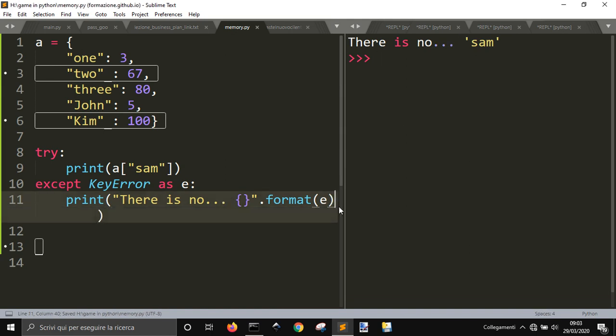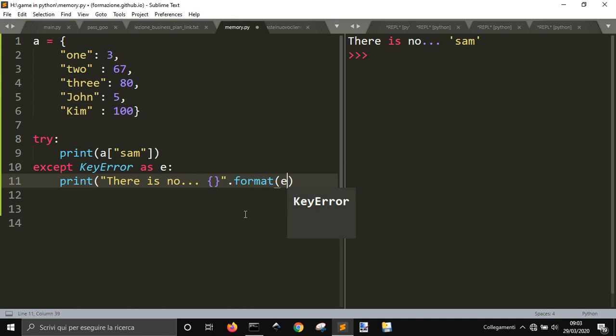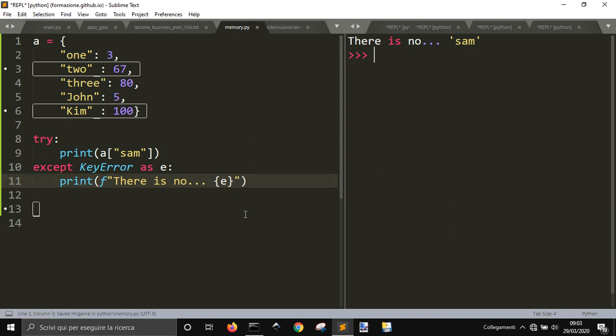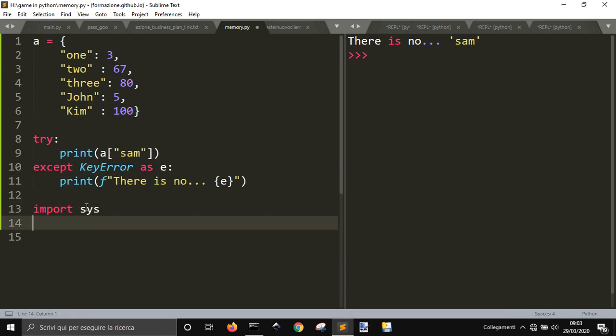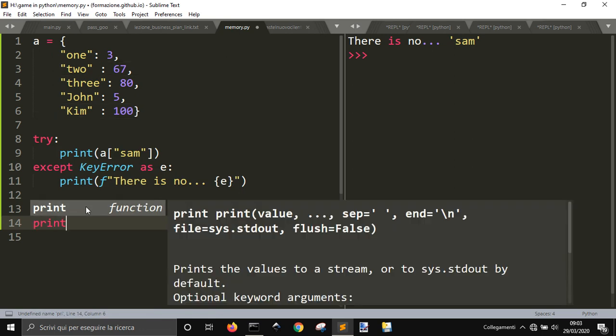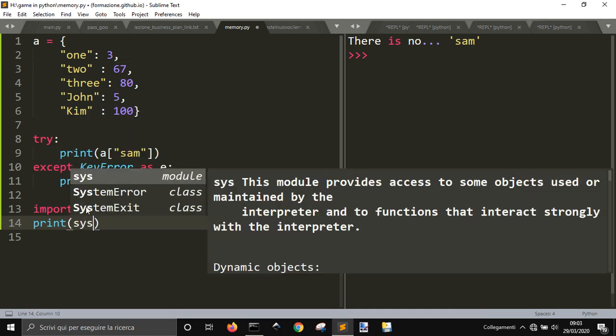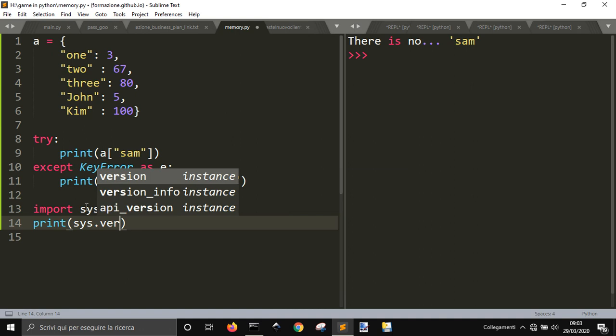And so we can use format like this, or I can use the F before and put E in here, the F here, the F here, and it's just the same. And with Python, I think from 3.7 we can use this. And I remember that I have the import sys. If you want to see the version of Python that you're using, you can go sys print sys version,